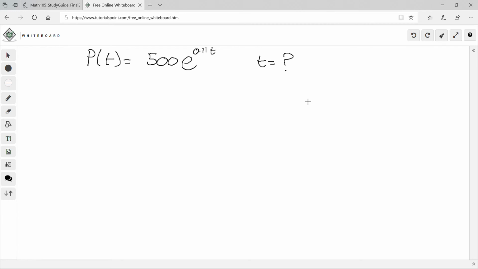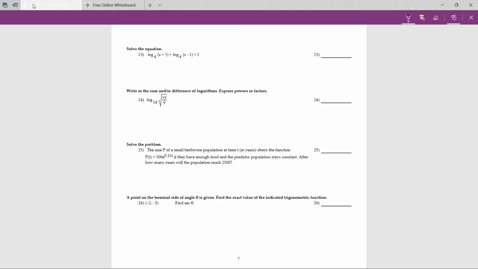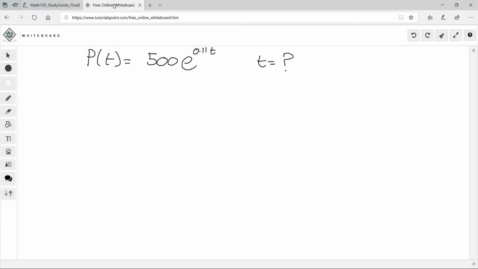They said that when P(t) was at 2500, so over here we're going to replace P(t) by 2500. So I want to solve for t, so